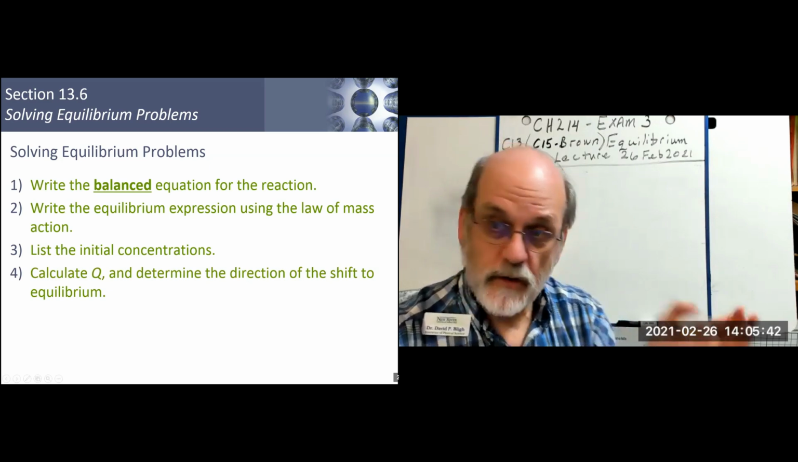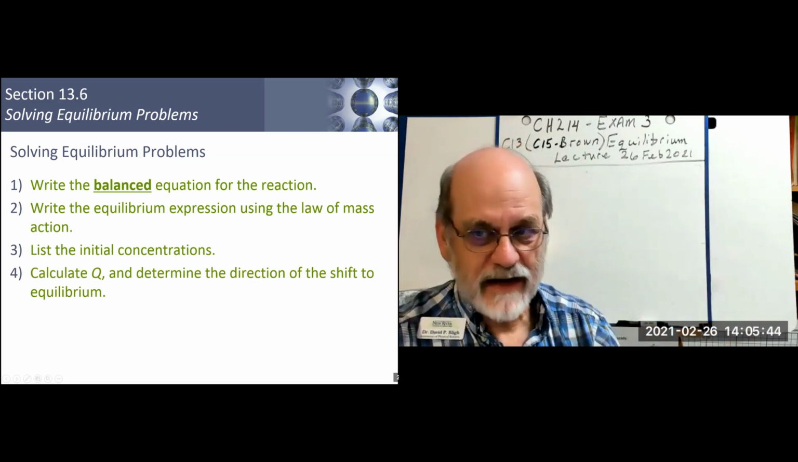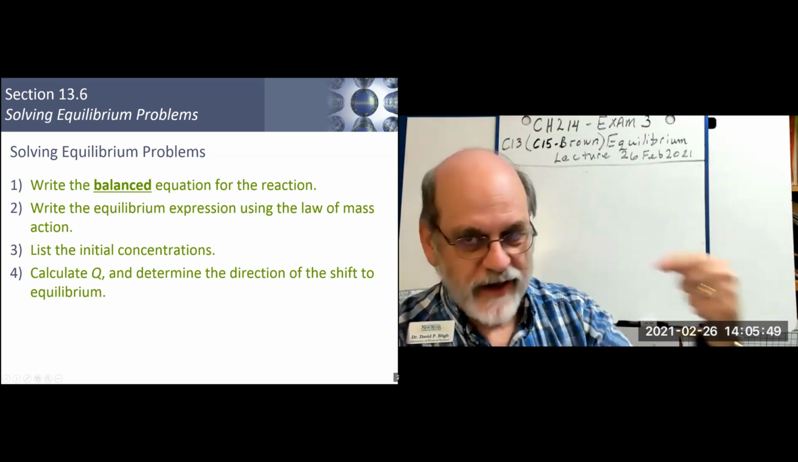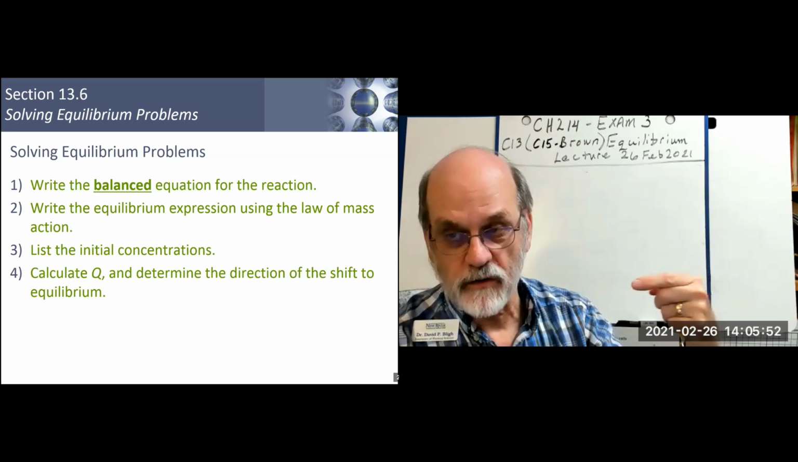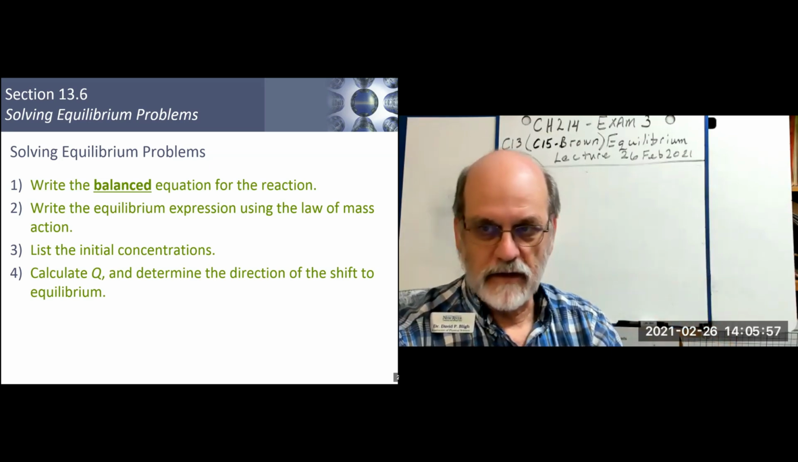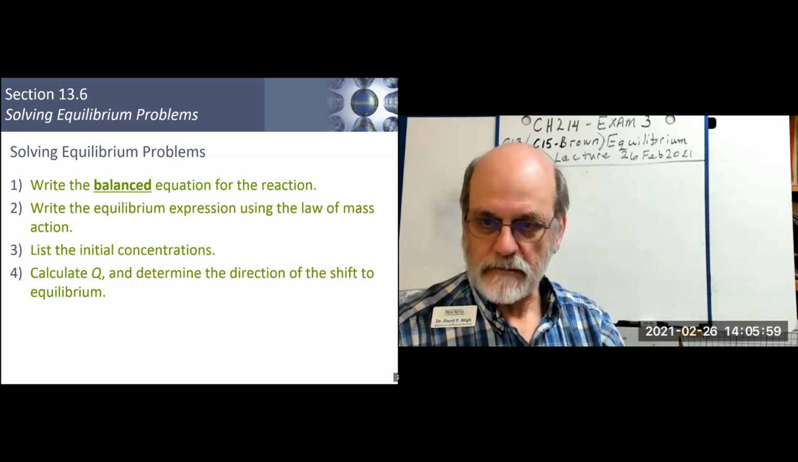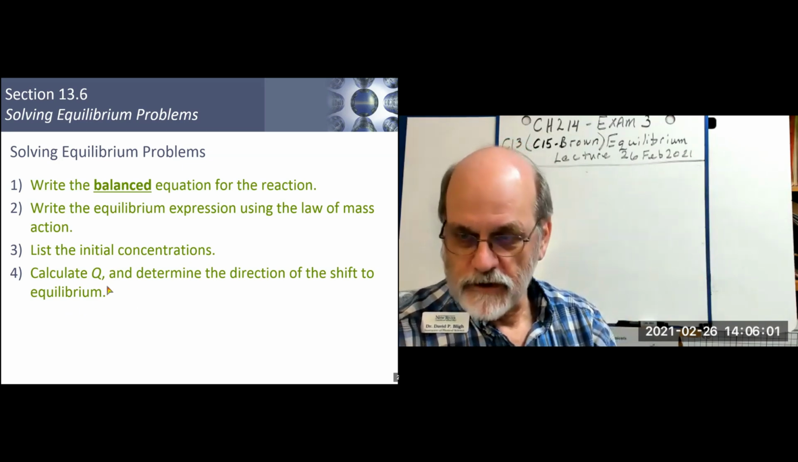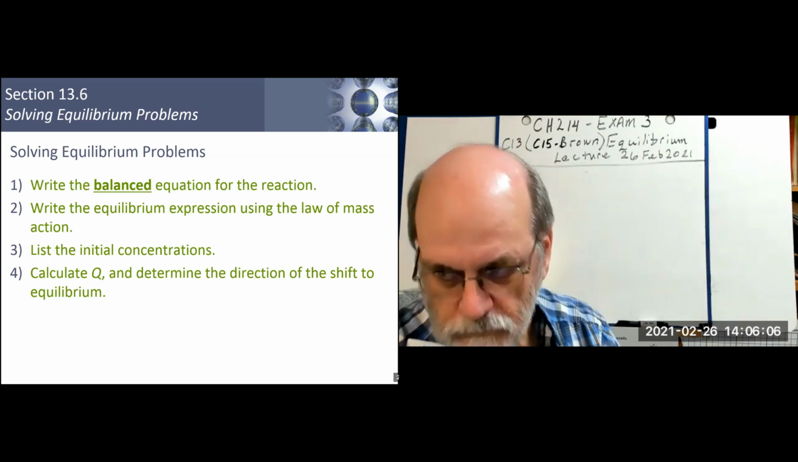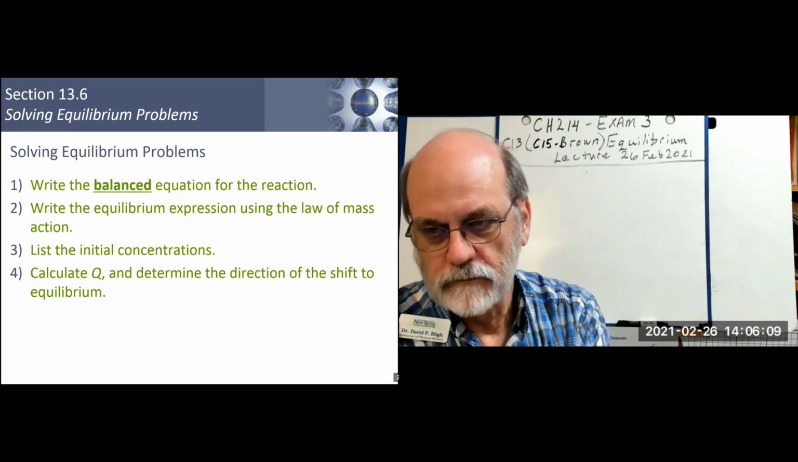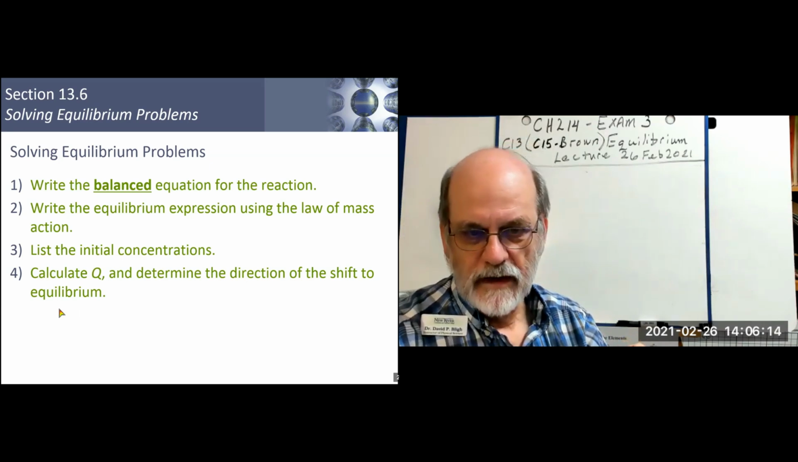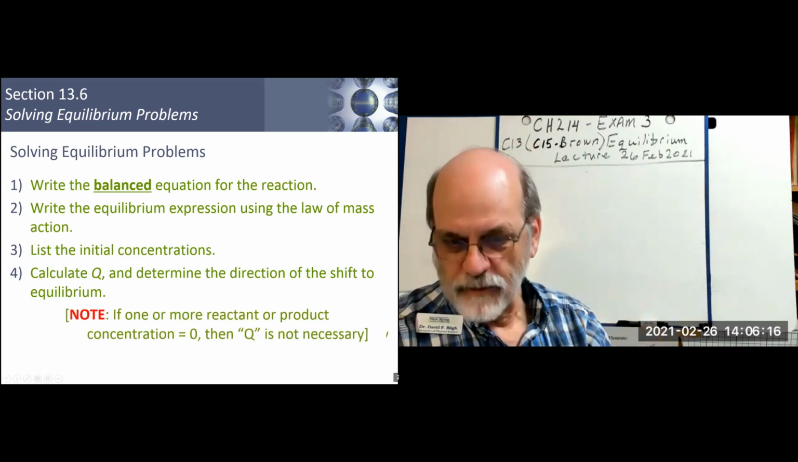calculate the Q value to see which direction you're going, because you can't say anything about the change. Remember, initial, change, equilibrium. You can't say anything about the change until you know which direction the reaction's going. Is it going to add reactants or is it going to add products? Right? You have to know that. So if the Q value is necessary, calculate it and see which direction you're going. Then you can move on down the table